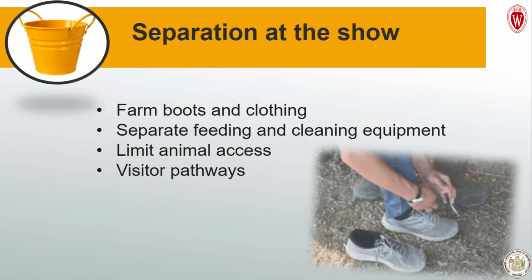We can decrease the potential for disease spread by being careful not to track manure, bedding, or dirt between animal exhibits. Wear designated footwear and clothing and use separate feeding and cleaning equipment. For example, don't shovel feed with the same tools that were used to muck pens,